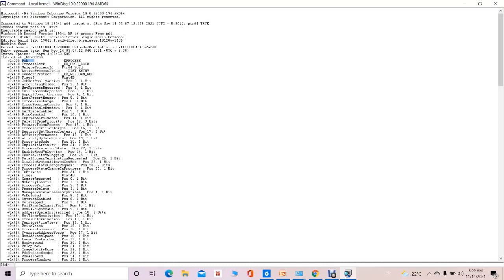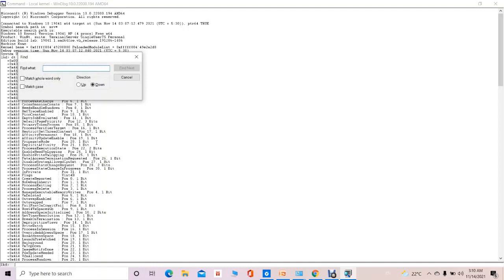Then there is another important field, that is the unique process ID. Associated with a particular running process, an ID is created. A particular process is uniquely identified by using that ID, and we can get that ID in the field of the unique process ID. Then we can also get the time at which this particular process was created. For that purpose, we have to search for one of the attributes, that is the create field,